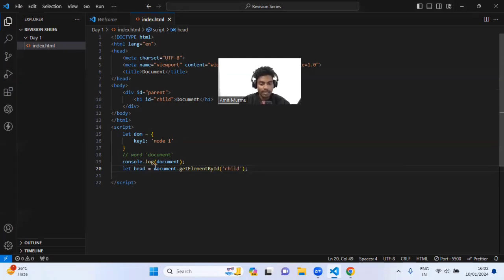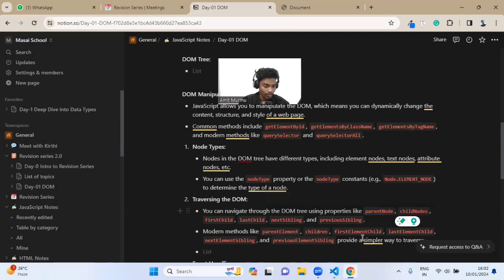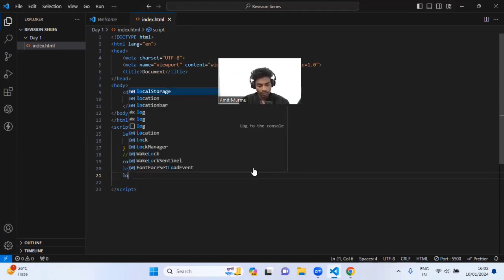Now I have got that node, and I have stored it inside head. So now I will use the parentNode method to access the parent. Currently I don't know what the parent is, I'm just trying to access it. So I will say console.log, or simply log